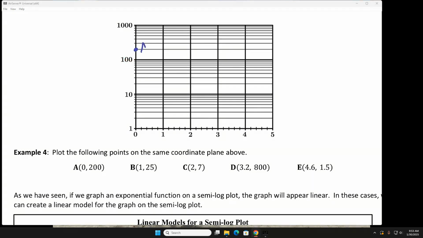line would represent 200. All right, whenever we did this the first time, I don't really like what I said to you, and there's some people in here that really listen to everything I say and say it right back to me, and then I realize that what I said might not have been exactly right all of the time. And so it's one like on B. When we want to graph 25, before I would be like, oh yeah, it's just right in the middle of 10 and 20. But do you think it really is on the logarithmically scaled grid? So if we would look at from 1 to 10, which number would be right in the middle, do you